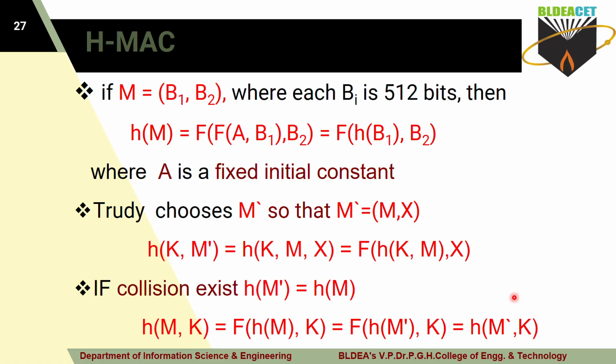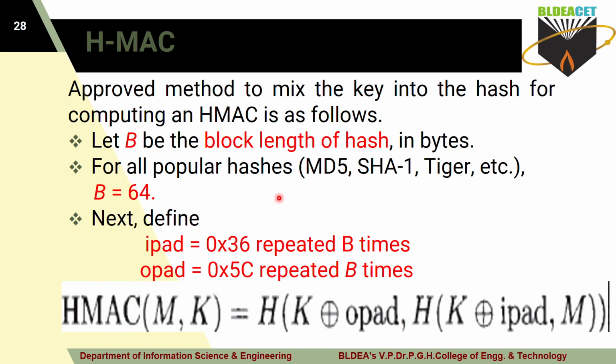This is secure, but it is insecure if a collision exists. If a collision does not exist, then it is highly secure. Yes, it provides message integrity, but some loophole is there. If a collision exists, then this attack works. So now the question is, you have to overcome that drawback also.